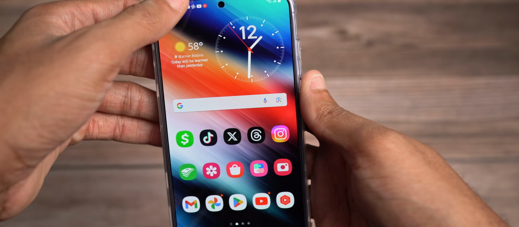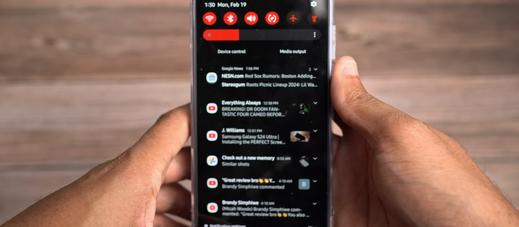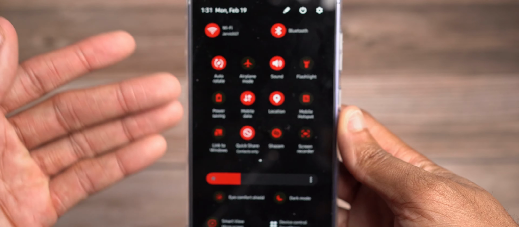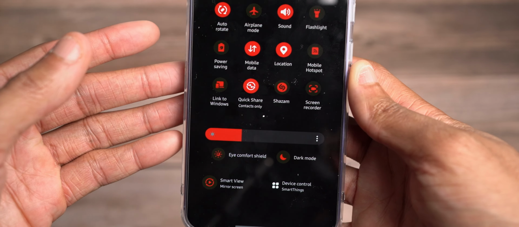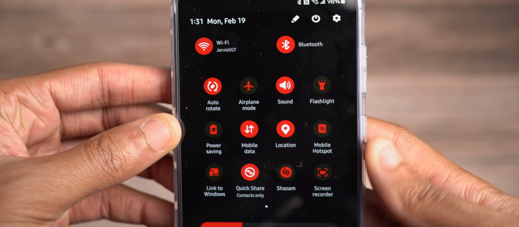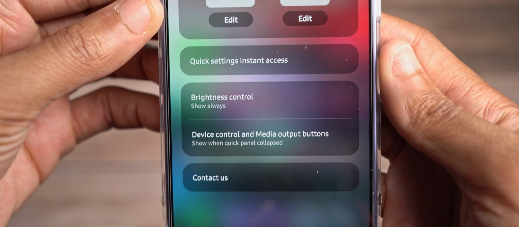As you guys saw, if I swipe down from this side, it reveals my short quick settings and notifications. If I swipe from this side, it reveals my full quick settings panel. Well, if you want to access this, that displays everything for you like that, what you want to do is come up here and click on the edit icon. And right here,